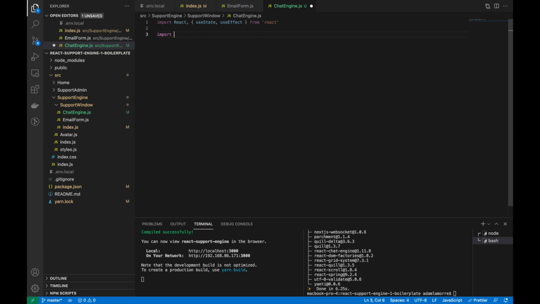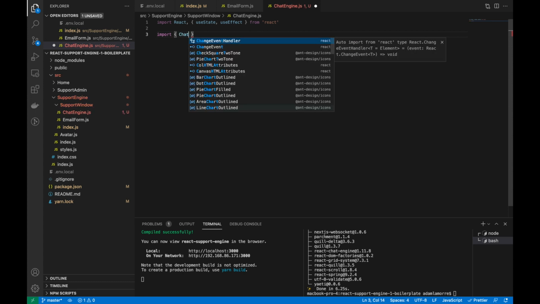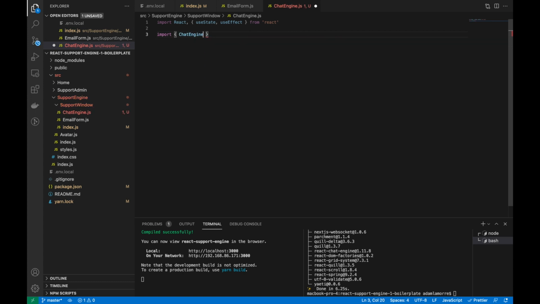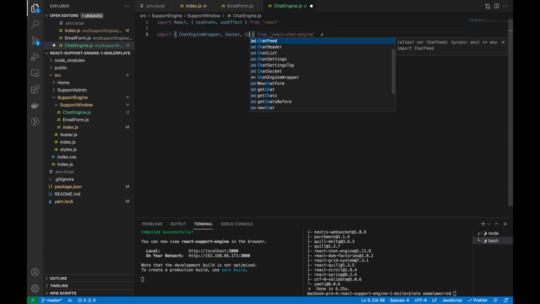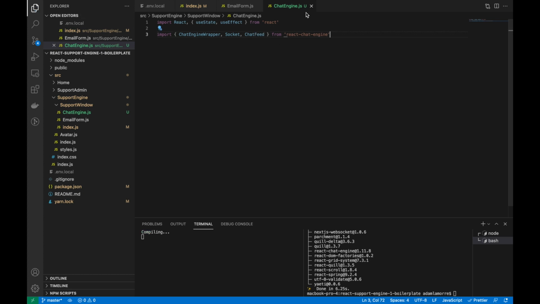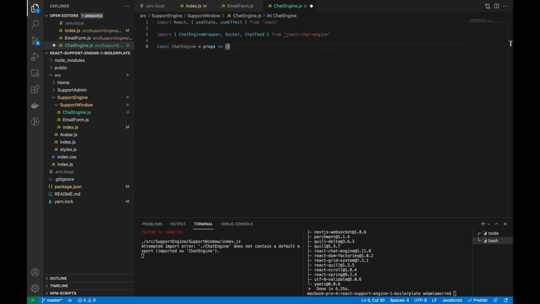So let's start importing. First thing we're going to do is bring in the Chat Engine wrapper. It'll be easier to import if we actually do the from part to start. So React Chat Engine. The next thing that we'll need is a socket. And the last thing that we'll need is the chat feed. Perfect. Now what we can do is start creating this component. So const chat engine equals props, because we'll be using props,